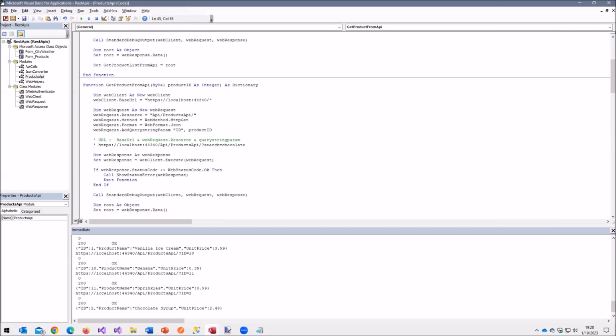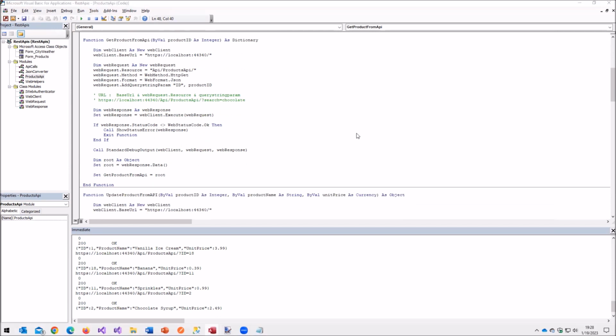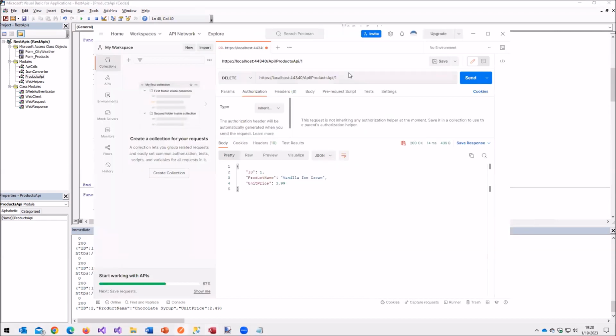Yeah. Okay. But again, the same thing. Base URL, web request, path, GET, I'm still doing a GET, and I want JSON back. The web response is just the web client execute, and then that. I didn't answer Ben's question fully. When we notice here, we have a single object. But if I get the list back, I should have an array.